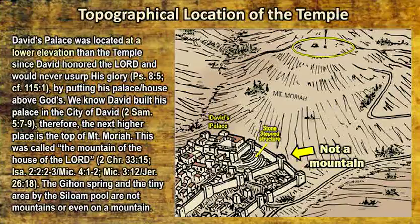If you notice all these other books, they put the temple below David's palace. That doesn't seem to fit. So let's talk about that for a minute. David's palace was located at a lower elevation than the temple because David honored the Lord and would never usurp his glory by putting his palace or house above God's. We know David built his palace in the city of David, therefore the next higher place has to be